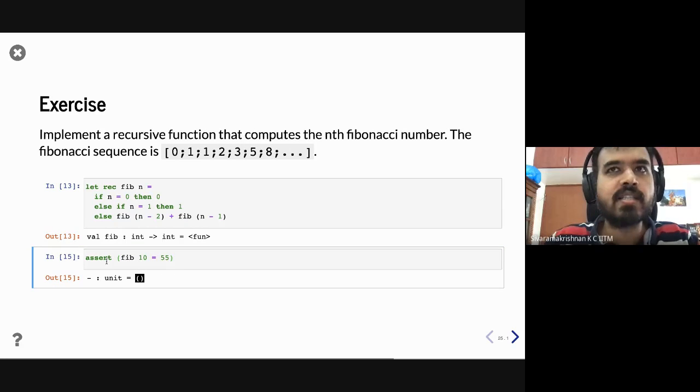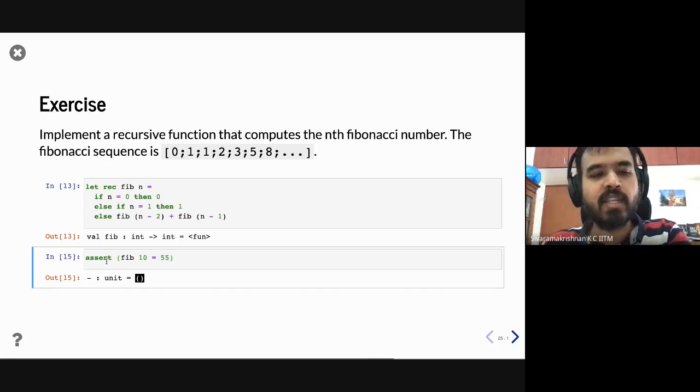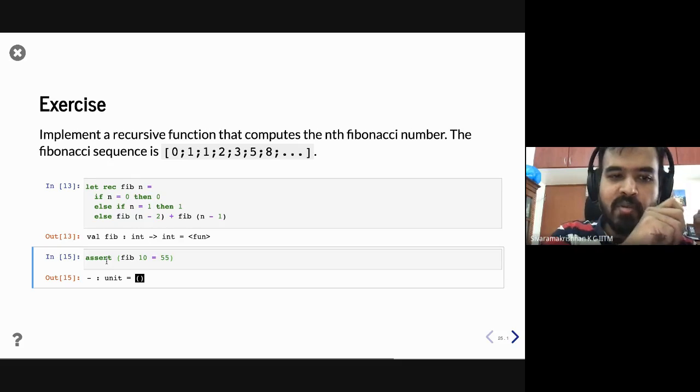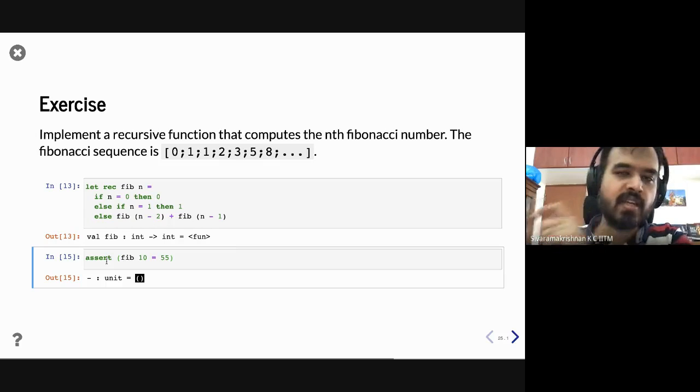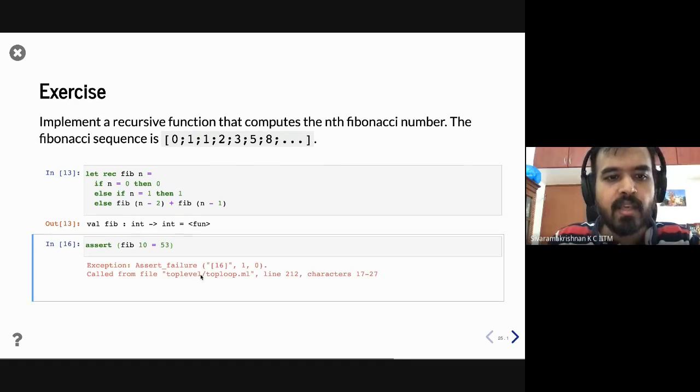So assert is a function that takes some Boolean and returns a unit value. If the input is true, then it returns a unit value. It is like nothing. If it is false, it is going to throw an exception, right? We will cover exceptions later, but you can think about this as a failure case.